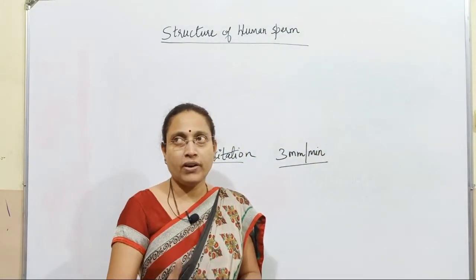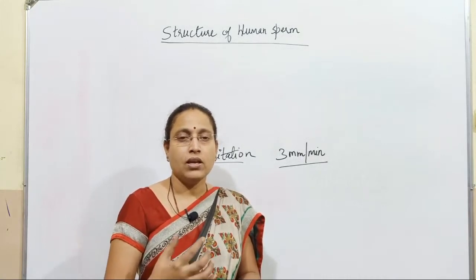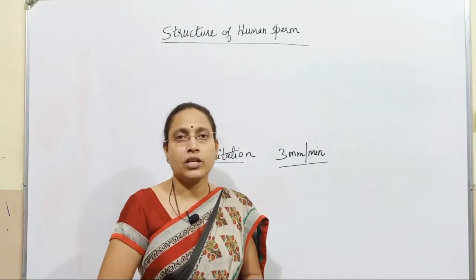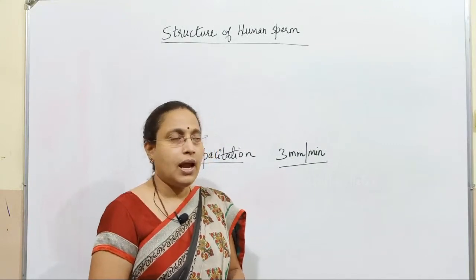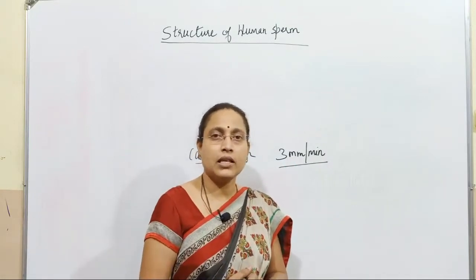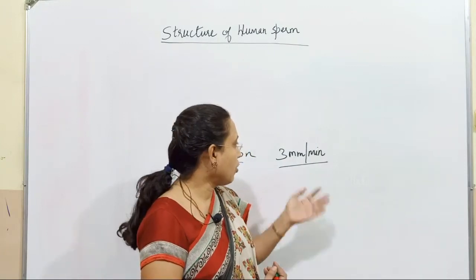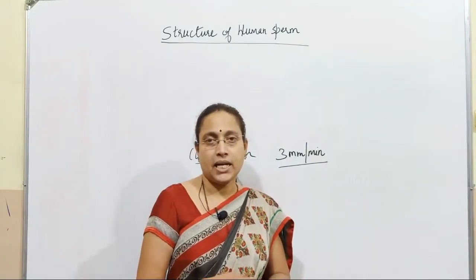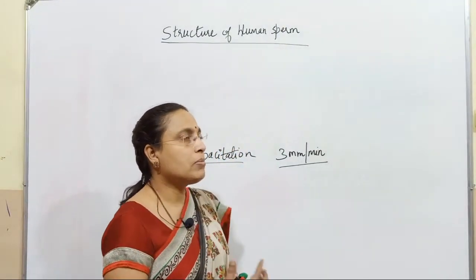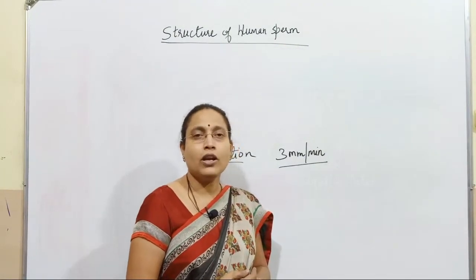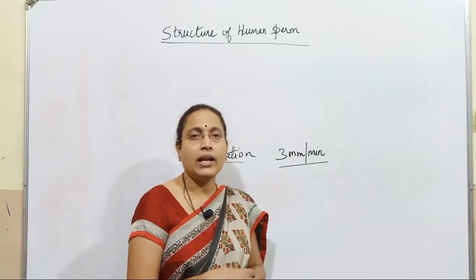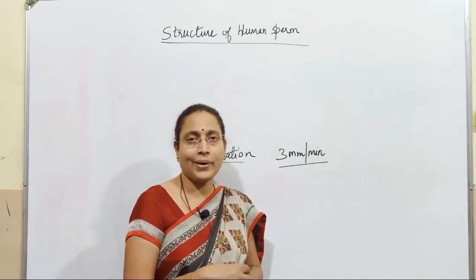Before fertilizing, it has to cross the cervix, uterus, and fallopian tube, and in the fallopian tube, it has to reach the ampulla. To travel through these paths within the female reproductive tract, it gains the speed of 3 mm per minute. The first time, when a sperm is formed in the seminiferous tubule, it will not have good motility. The first time motility comes is when it undergoes physiological maturation in the epididymis.